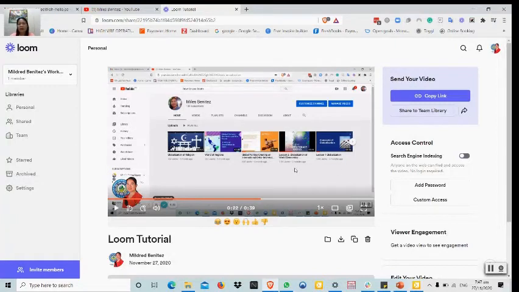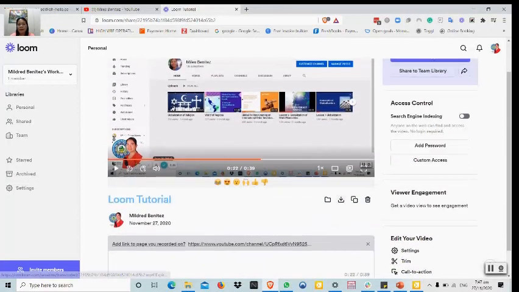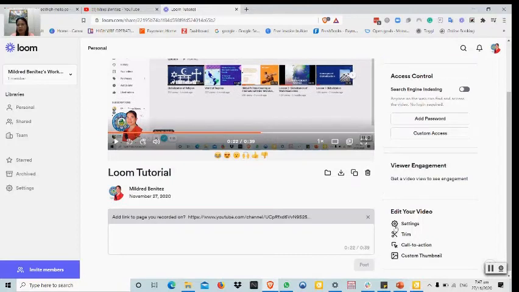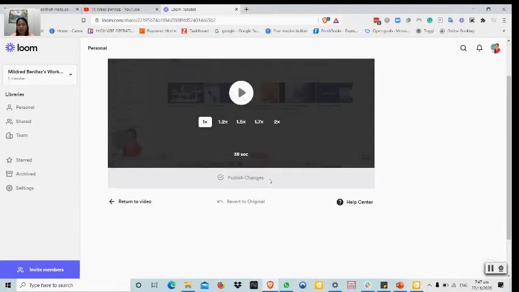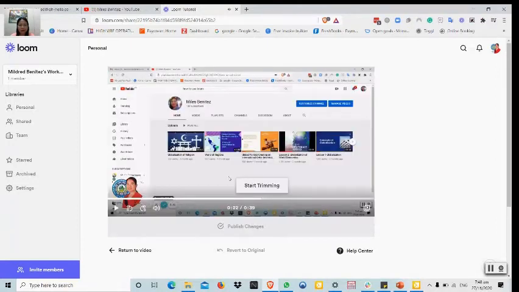Another option you can do through Loom is you can actually trim. You can trim it. You can delete portion of your recording by just clicking the trim. So when you click trim, you are going to notice that there is an option ready here to start trimming. So you click start trimming, you will see the red note here. You can move it to where you want